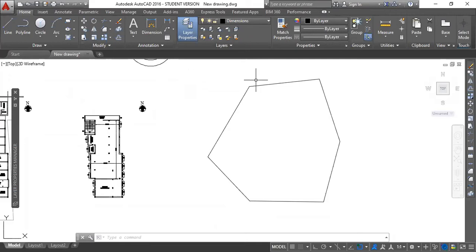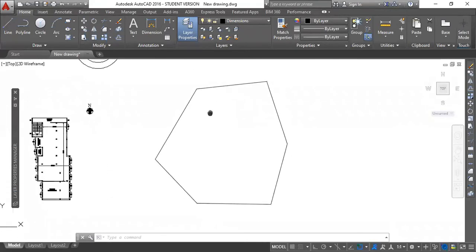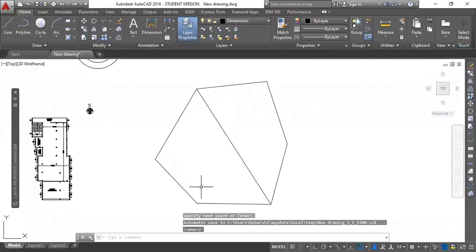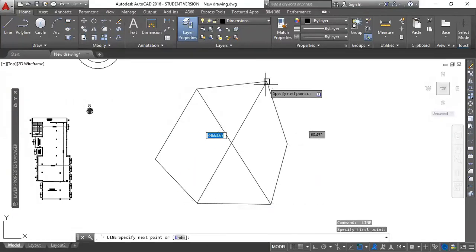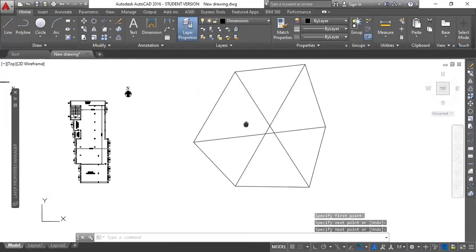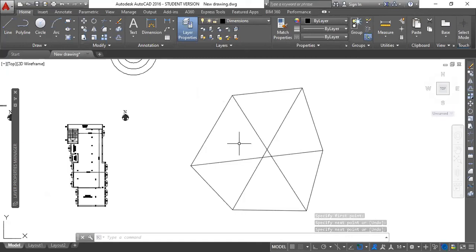Just tell him, sir, I don't know how you are going to measure the sides, but at least measure all the different sides of it and the diagonals of it. If he or she measures the diagonals, you can easily plot that area without any problem or hesitation in AutoCAD. I can guarantee you that.